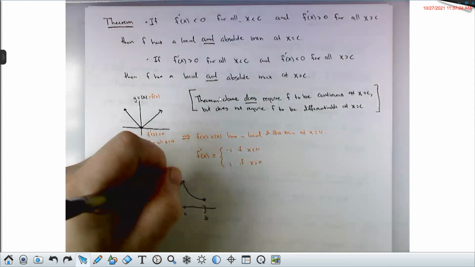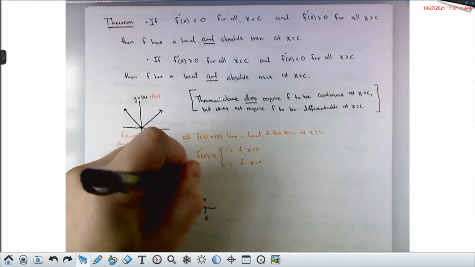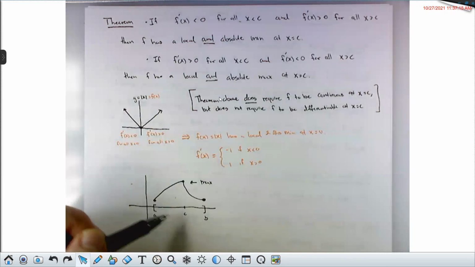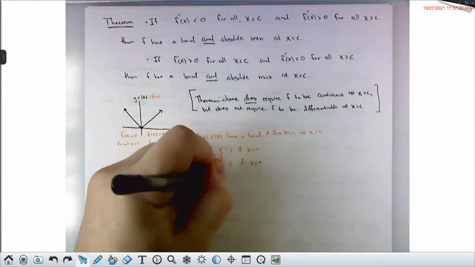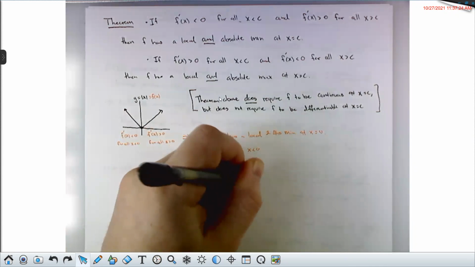I'm just saying this has to be an absolute max. So this max. You automatically have a local max there by the first derivative test. And what this theorem is saying is this max must be absolute